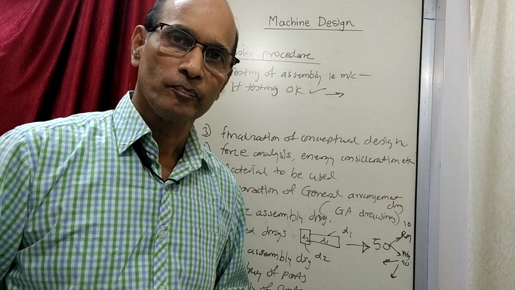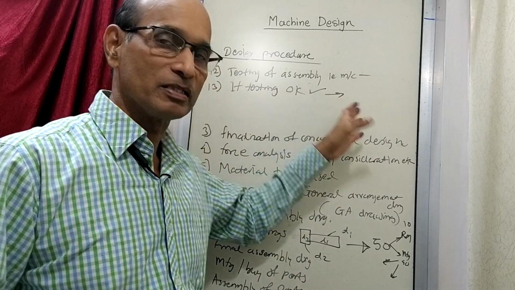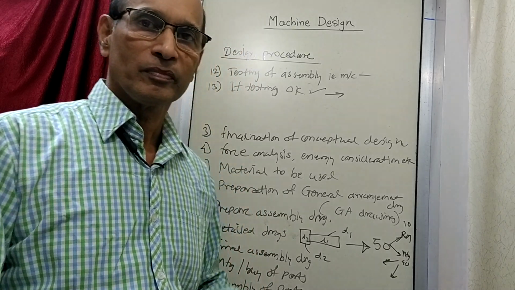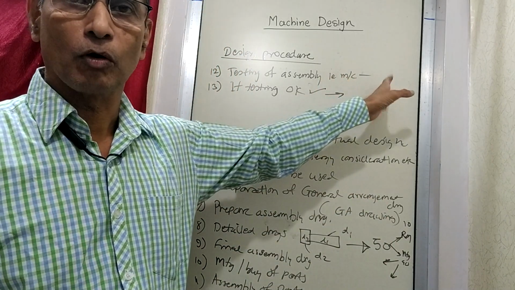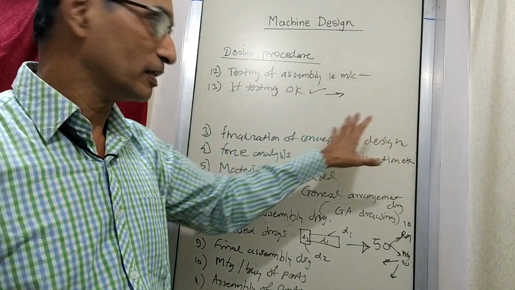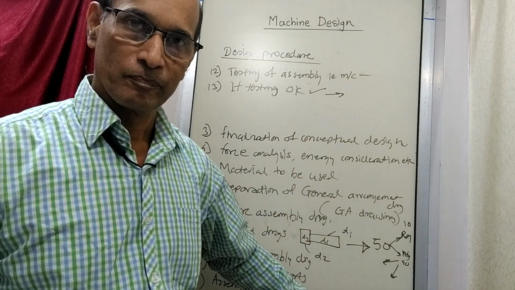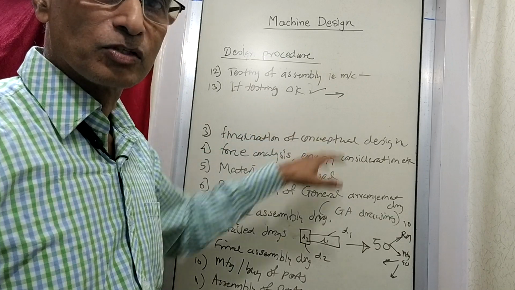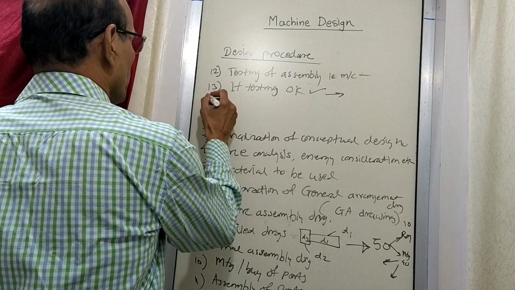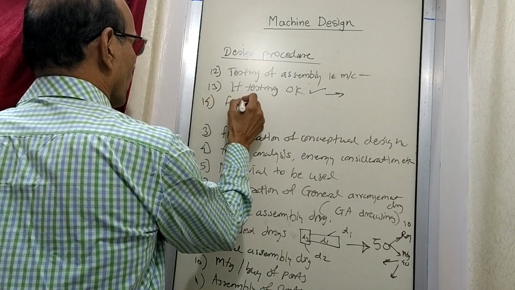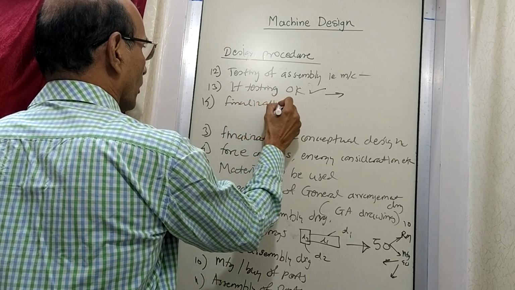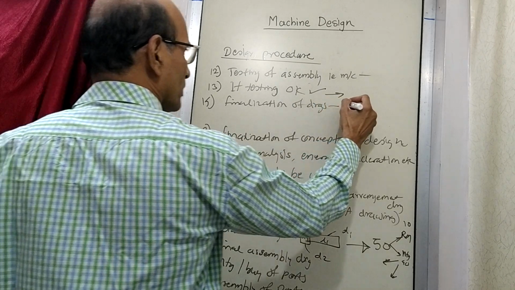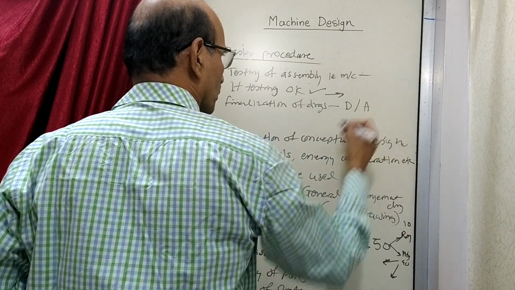That means now you have to make the parts or the machines. If there is quantity, you have to make multiple quantities. Now you can start making the number of quantities you want to make. And at this stage your drawing, everything is final with all the improvement changes. So everything is ready. So now you can finalize all your drawing work. Finalization of drawing means details and assembly both.